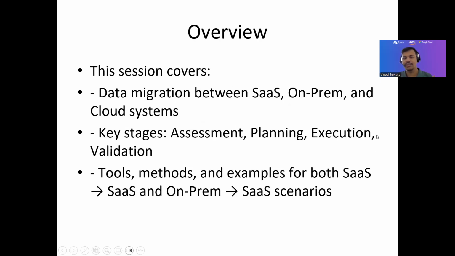So the first one is just to understand an overview of where we would start, or what the reasons are to start the migration, basically, right? There could be reasons because of the costing, or the solution is not as expected, and the system itself that we are using is not working as expected for the business, right? So those would be the reasons. But